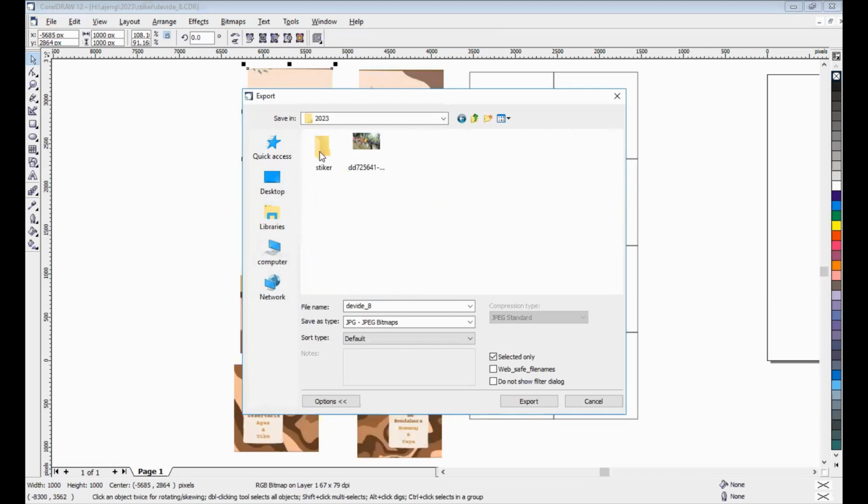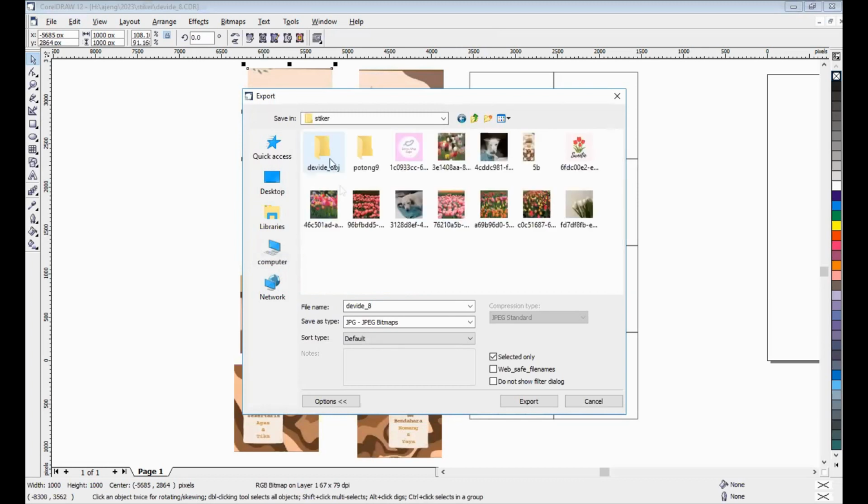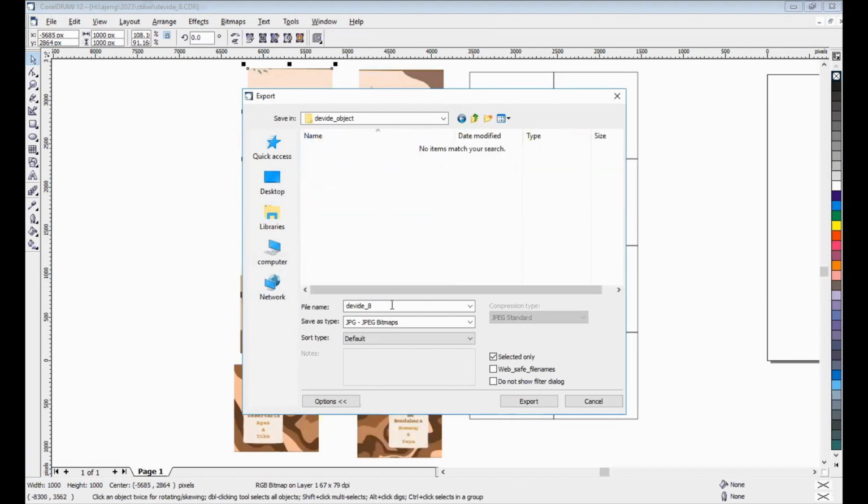Okay, where's, okay, divide object. Okay, divide, we can save as using numbers, yeah.